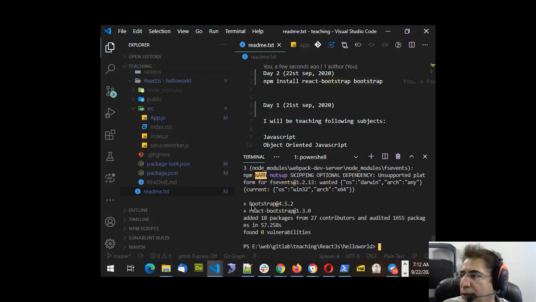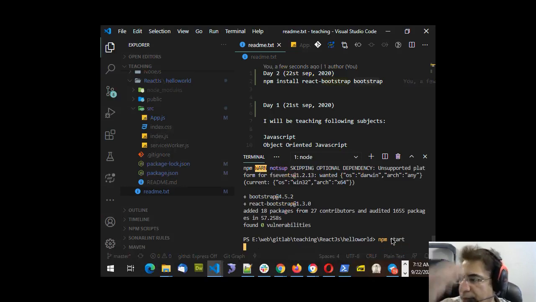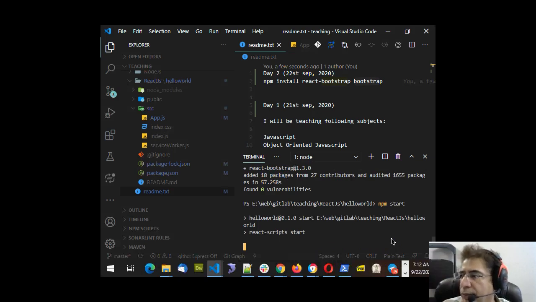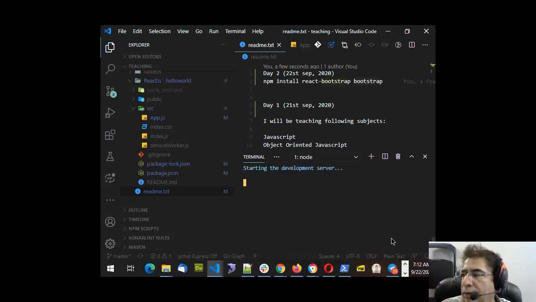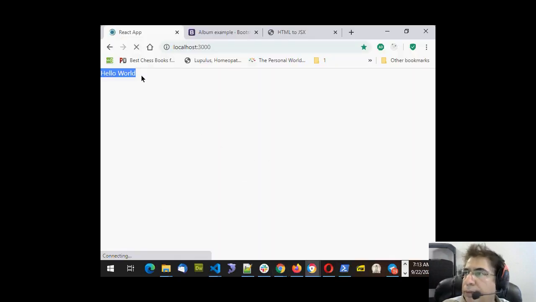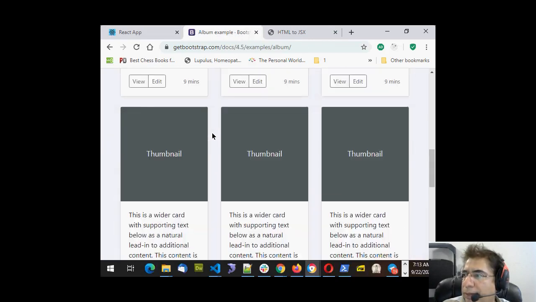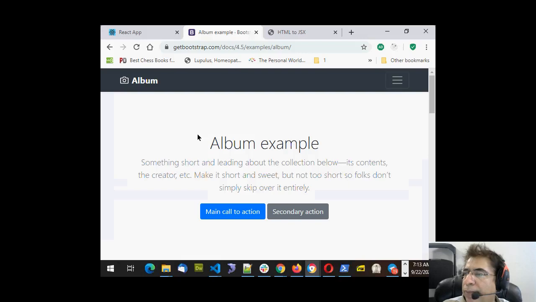To this one. So I see that Bootstrap is installed and React Bootstrap is also installed. So now I'll run npm start again. Okay, so I started npm start. So here is my web page, hello world. Now I will build this hello world to look similar to this template. So that is the task for today: how to create different components in React and use React Bootstrap